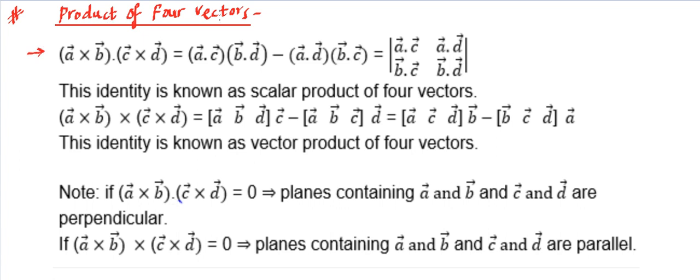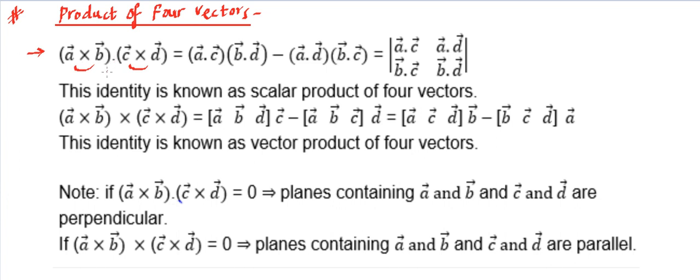So if we have a product of four vectors, there can be some combinations. So the first type is given over here. It's like A cross B dot C cross D. Once you look at this, one thing must come to your mind immediately: this is one vector, this is another vector, and we are doing the dot product. That means our answer is going to be a scalar quantity. So ultimately we will get a scalar number. How to get that scalar number? For that, we will do the cross product between C and D first, and then A and B, and then whatever comes out, we will do the dot product.